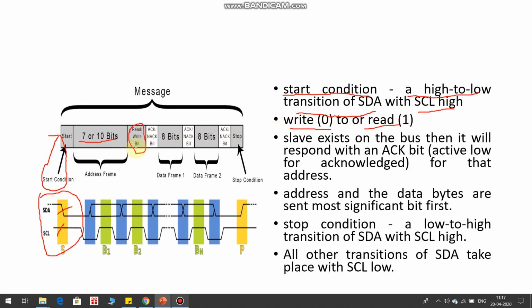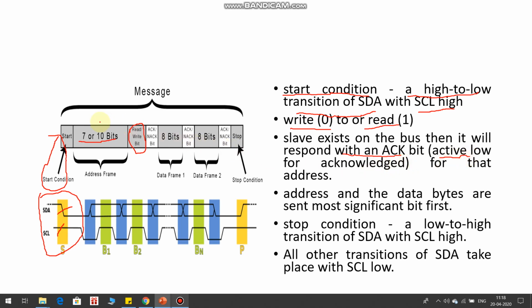After getting this information, the addressed slave device has to respond with an acknowledgement or negative acknowledgement. The addressed slave device will respond with an active low for the acknowledgement case, and an active high for the negative acknowledgement case.